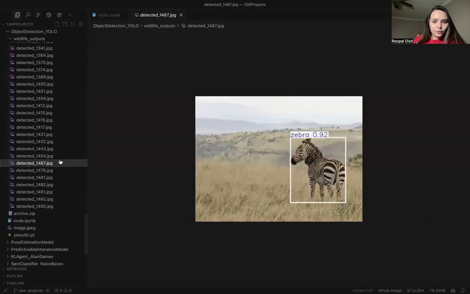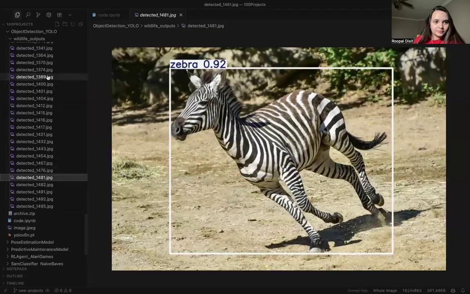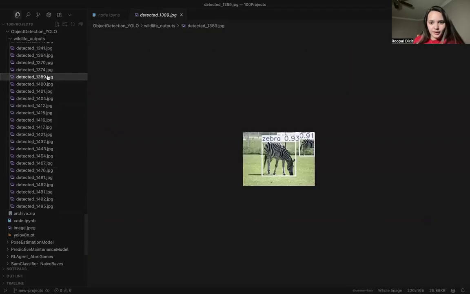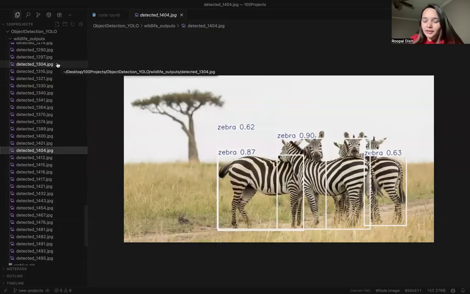Somehow it is able to detect zebras very well. Maybe I can go up and find an elephant. Okay, see, there are so many, and it was able to detect one, two, three, four. Yeah, but there are five.